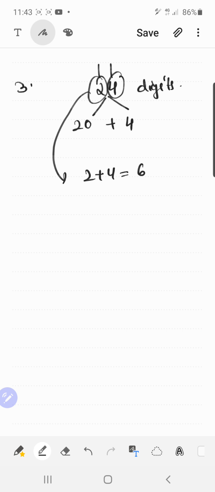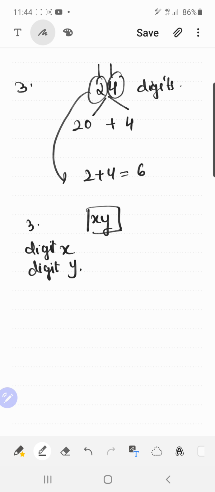Okay, so sum of digits, यहाँ पे मेरे पास number नहीं है. So what I'll be writing is xy is my number. And what are the digits? So one digit is x and another digit is y. And it is said that their sum is 9. So that's your equation number 1.